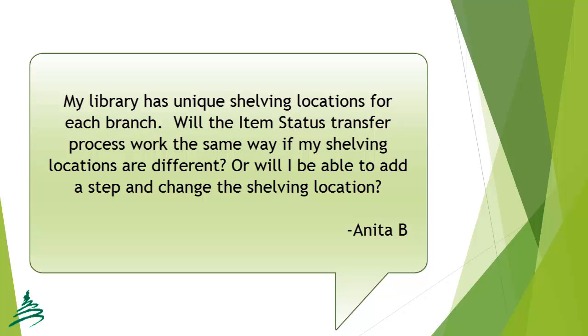I'm glad you brought this up because this problem is not something that I had thought about when I was putting my presentation together. My library, since we've started in Evergreen, has used the same shelving locations at all of our different locations. For instance, you said that you use Fiction LB or something like that for your branch, but my adult fiction is the same shelving location, whether it's at my main branch or one of my other branches. So for me, what I did in item status is simple, and I only have to